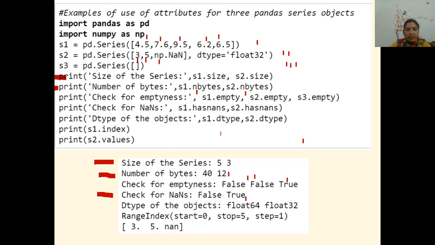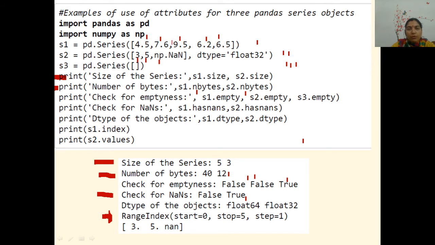So then S1.index. What are the indexes of S1? Indexes are given in the form of output. It starts from 0, stop value is 5, step equal to 1. For S1 we have not given any index, still it has calculated the indices automatically.